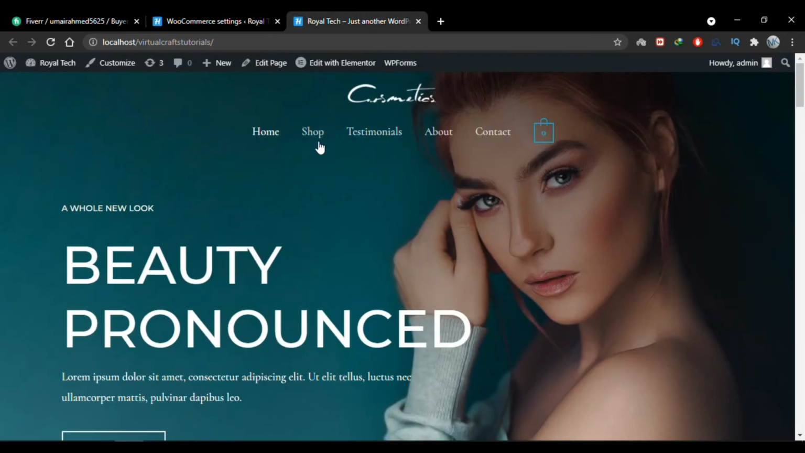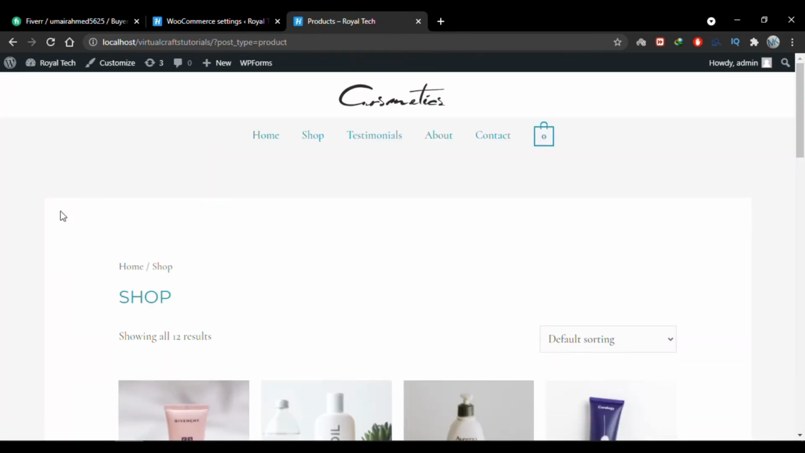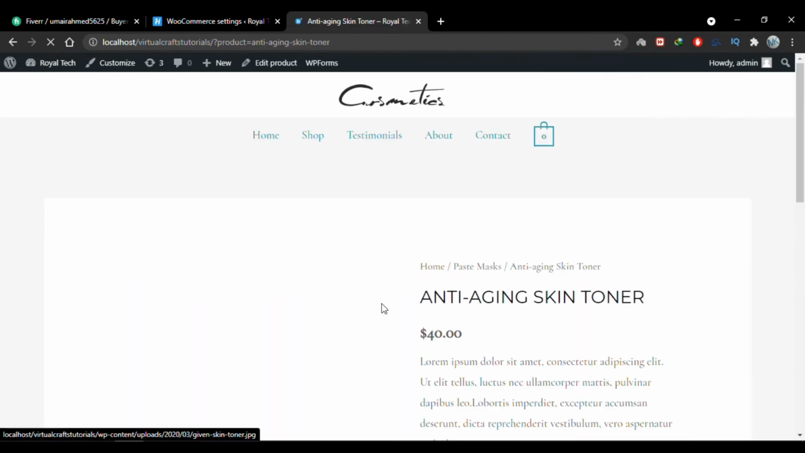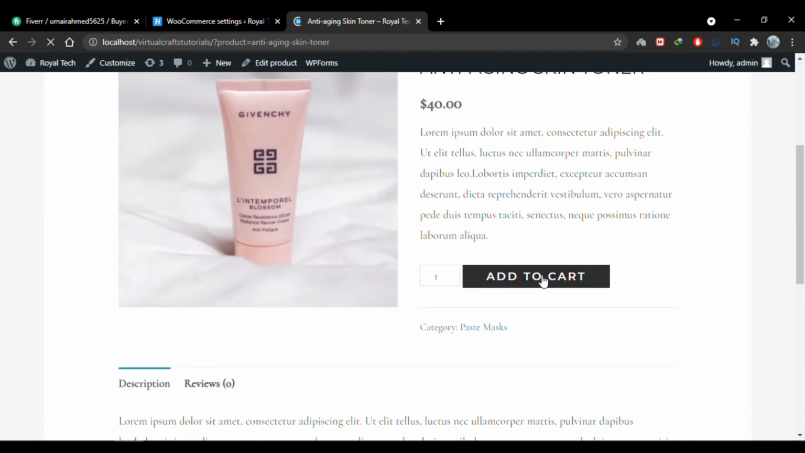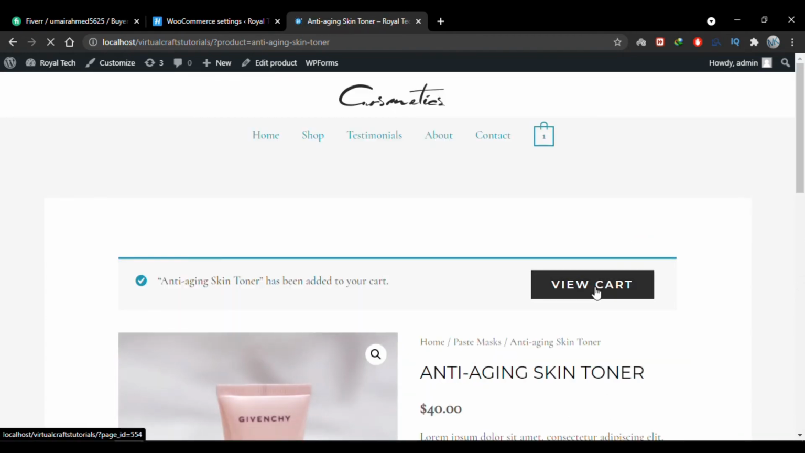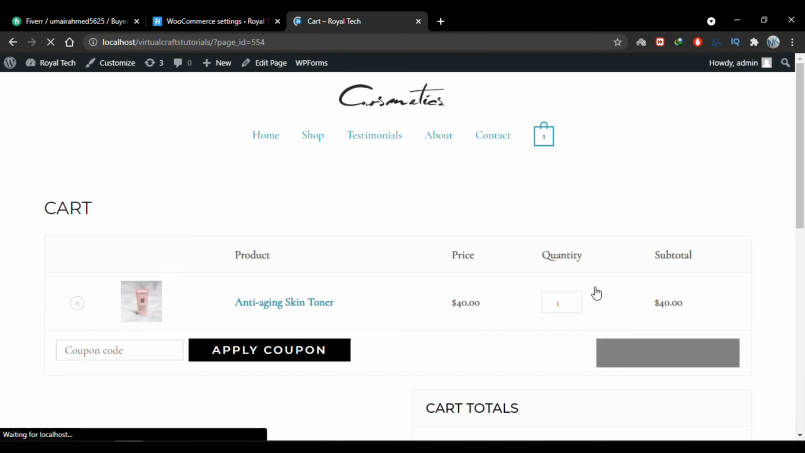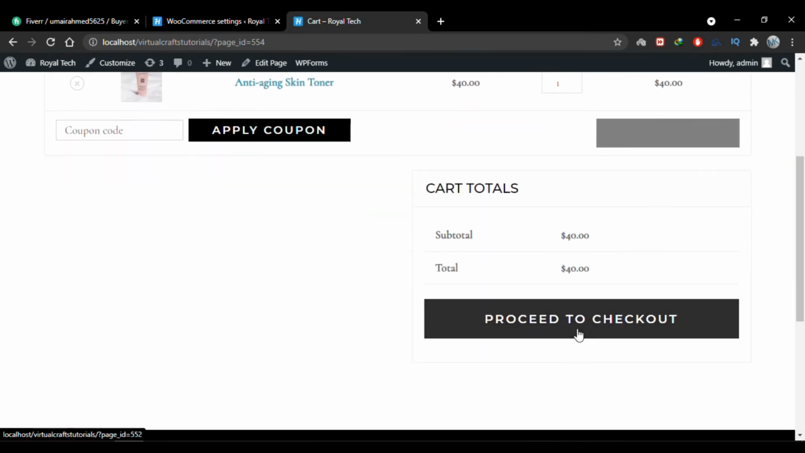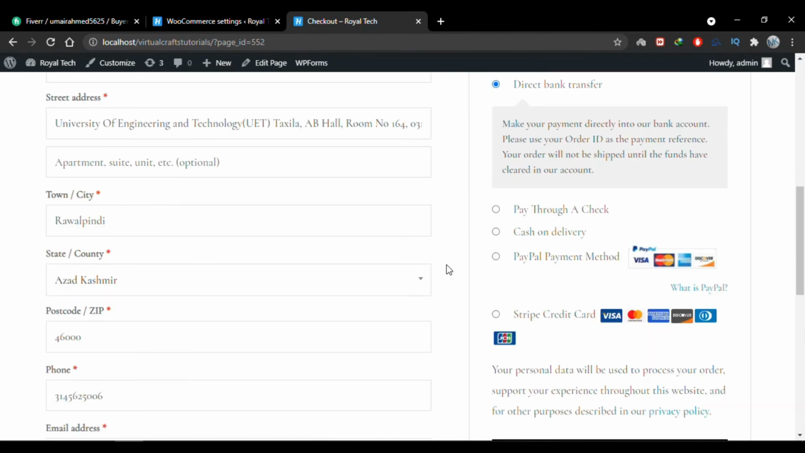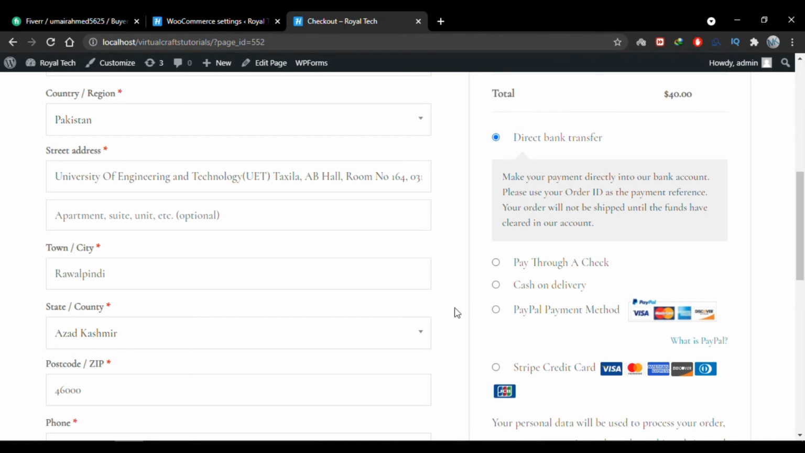Currently my cart is empty. I'll go to the shop page and add some products. Let's say I add this product to the cart. I'll add to cart, then view the cart, and I'll proceed to checkout. I'll scroll down, and now as you can see we have an additional payment method added here, which is Stripe